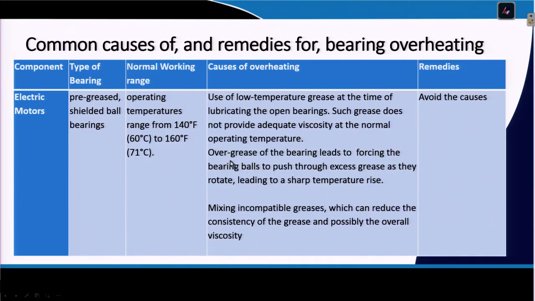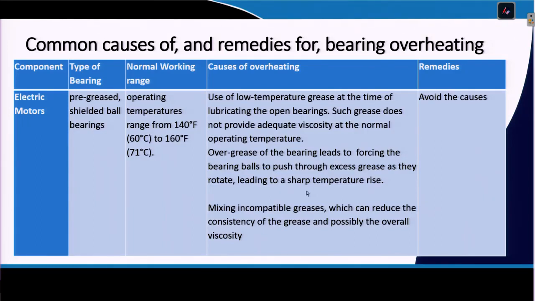Now, over greasing also sometimes leads to a problem. If you put in excess grease, that may change things. So, that is why, while doing the lubrication practice, you must see that the prescribed norms are used. Do not give additional, extra lubricants, and do not give a low quality lubricant. Under both conditions, it will be affecting adversely.